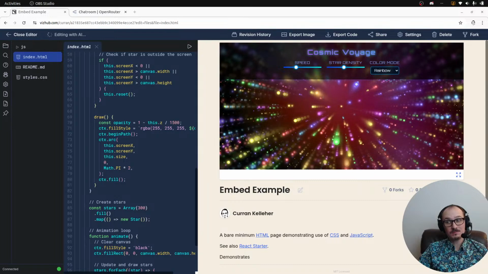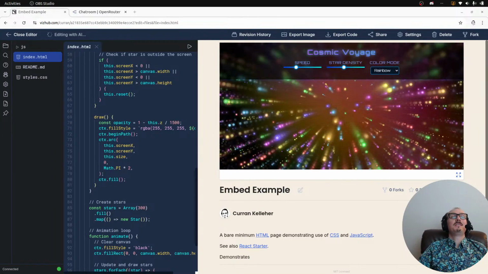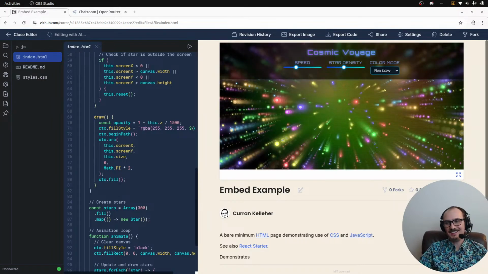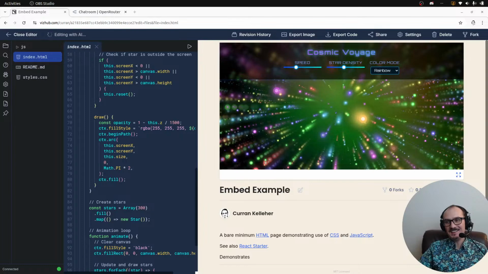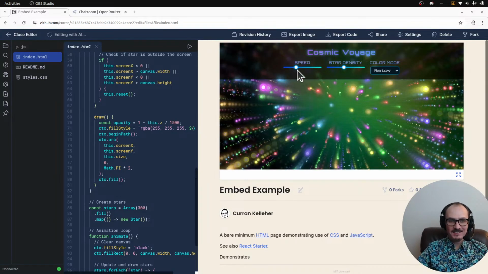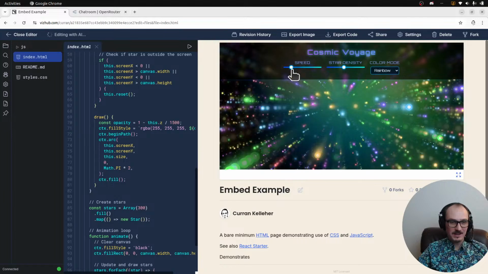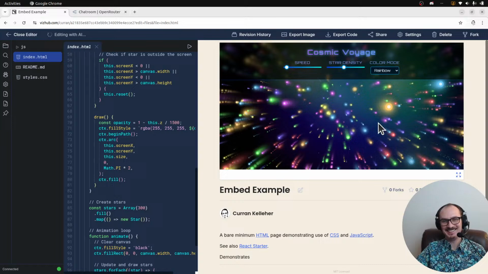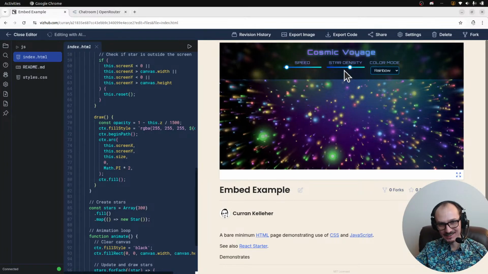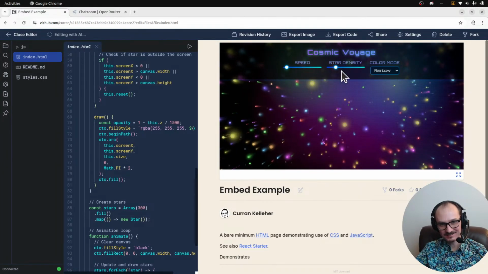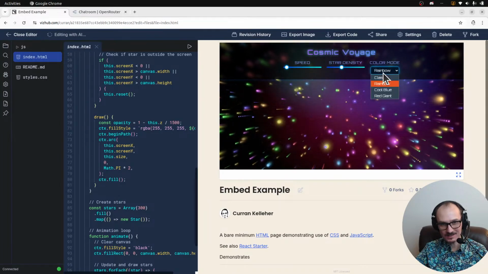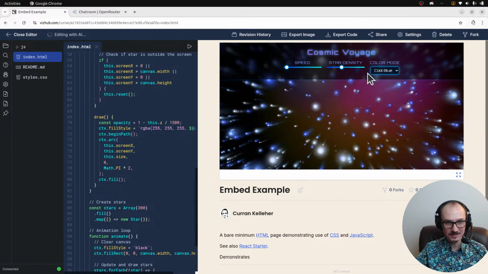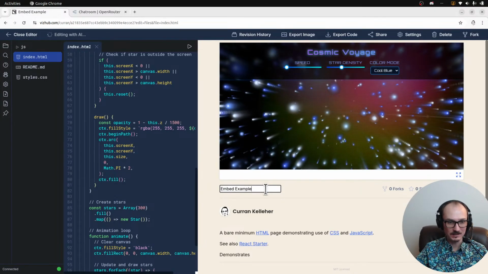Oh, that looks really insane. Insane, right? See, Claude 3.7. This is fancy. I just said make it fancy, and you see how it really overdid it. But sometimes this is what you need. You just need to say make it fancy. And look at the fonts. Cool blue color mode. Are you kidding me? All right, I'm making this public. This is not an embed example. This is the